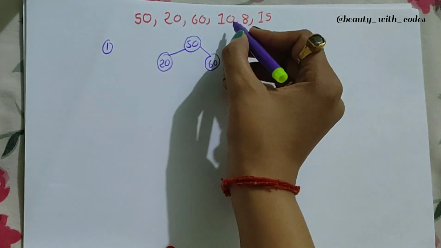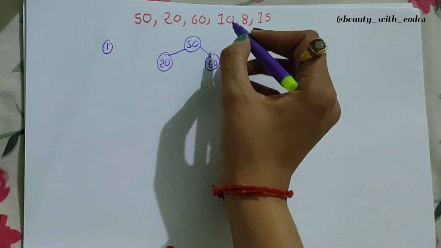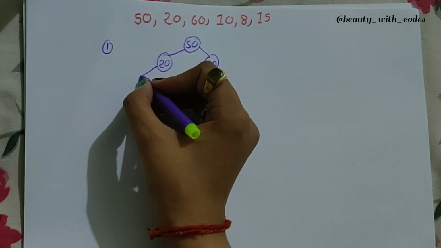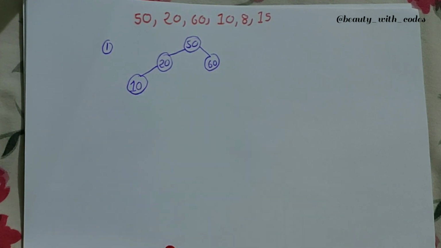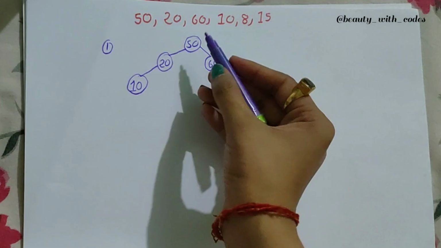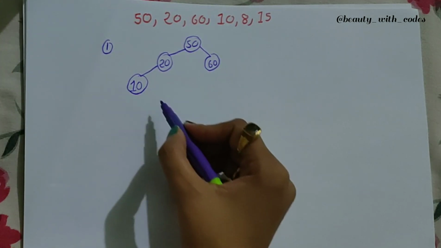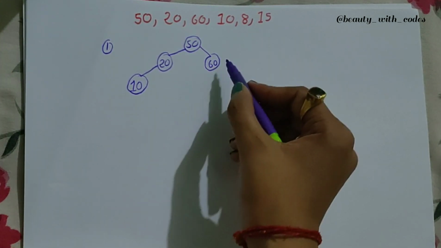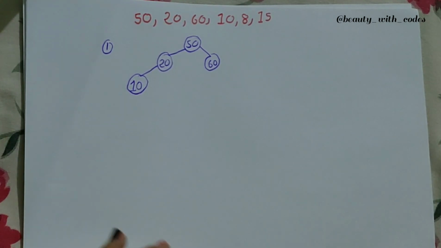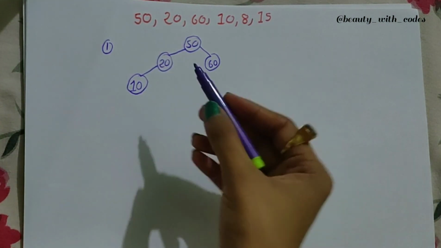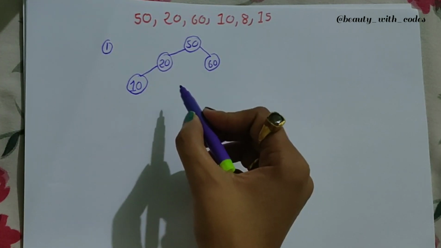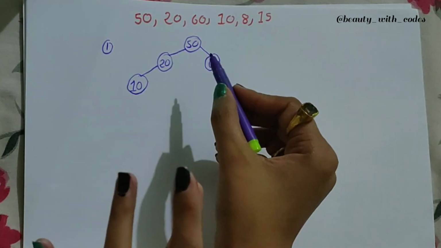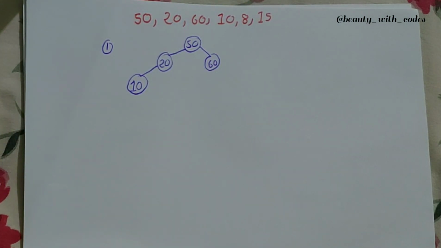Okay, now move to the next. So 10, where will 10 be inserted? 10 will be inserted here. So yes, 10 is going to be in the left subtree of 20. Now check. For 10 it's 0, for 60 it's 0, because for both we have 0 children, isn't it? Now what about 20? 20 has 1 left child but 0 right child, so balance factor is 1. It's okay, balance factor should not exceed 1. It cannot be 2 or anything more than that.